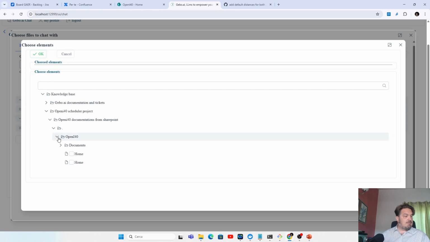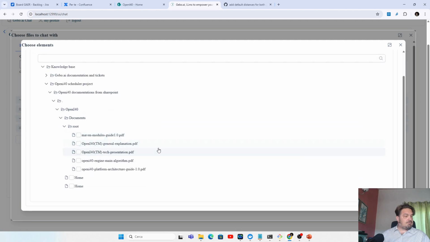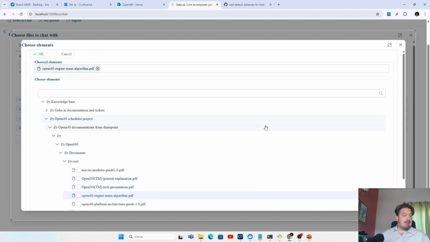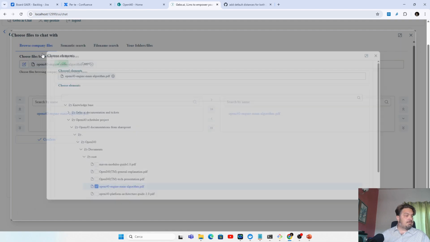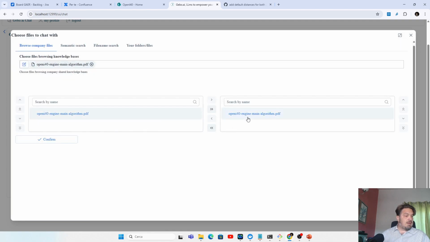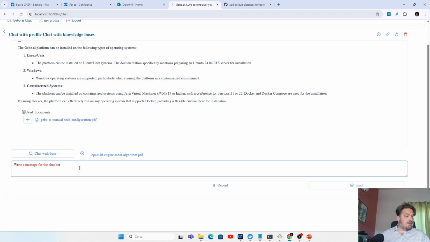For example, here I have the main algorithm from a production scheduler we developed. Automatically, by including this document, I can question something that is inside the document.